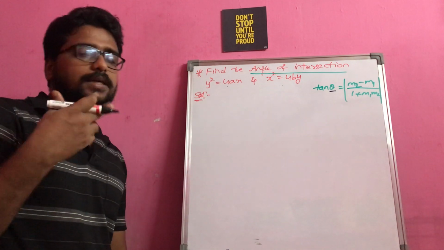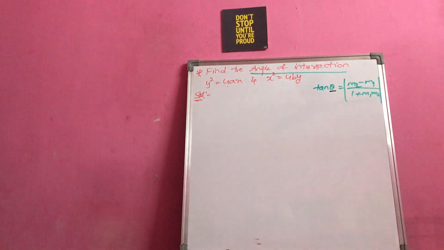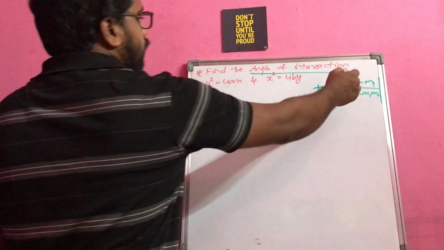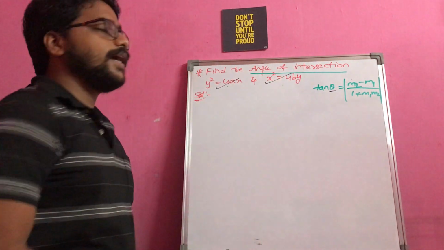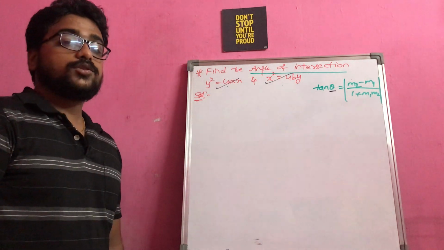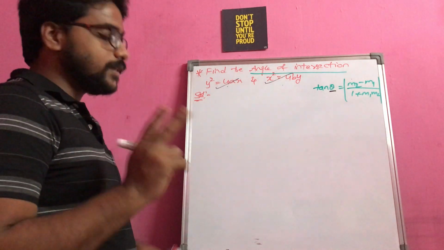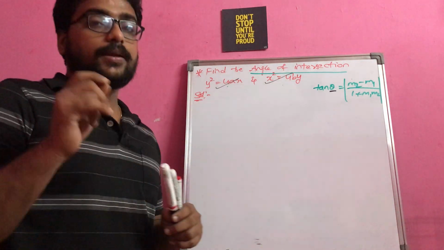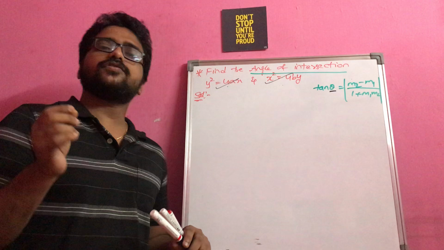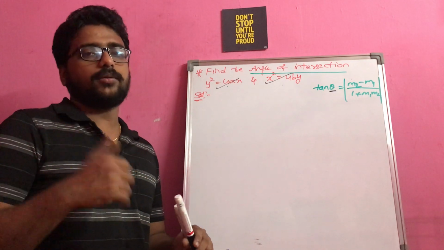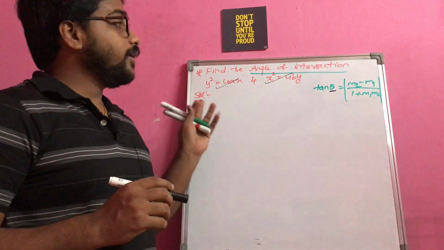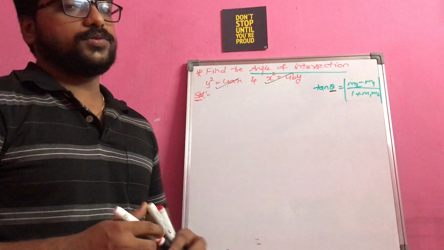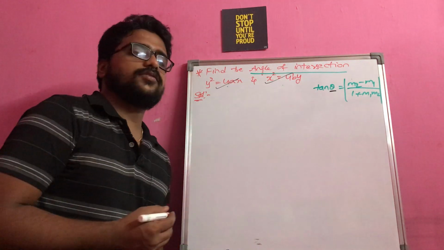I am having the slopes, which means I am having a line also there. So that theta is nothing but the angle of intersection between the two lines having the slopes m1 and m2. Here you are given two curves, indicating that you can find the two slopes. But to find the slopes, as we already discussed, the slope value should not be a variable, it should be a constant. So you should first find out the point of intersection also. That is one more important thing. Let us first make an attempt to find the point of intersection, and then we will think of the slopes.